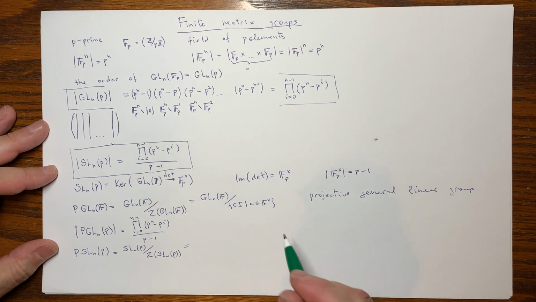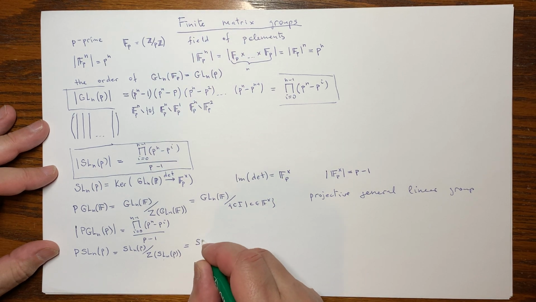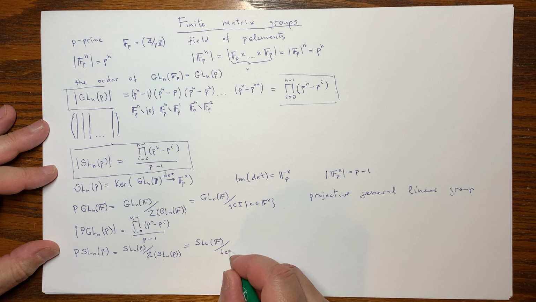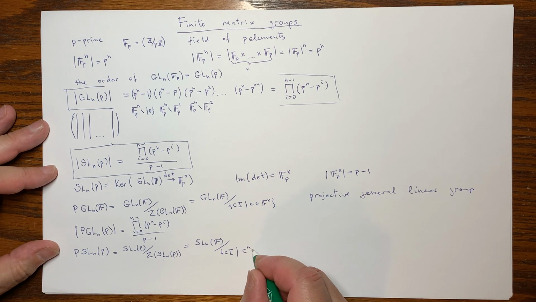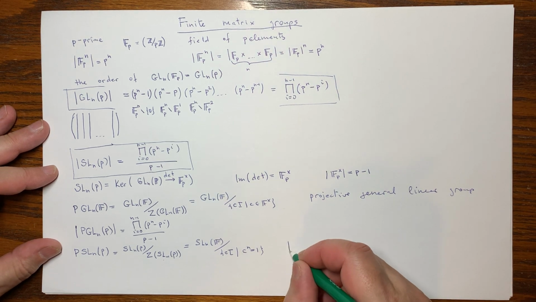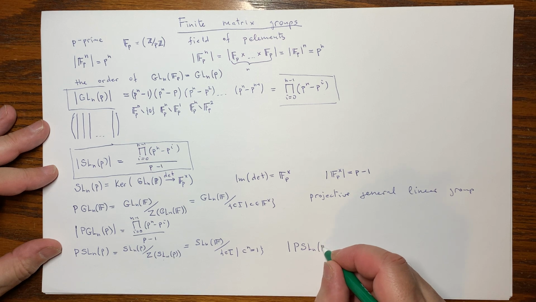And the center will be the subgroup of the special linear group consisting of scalar matrices. And the condition now is that these scalars have to be roots of degree n of 1. So the order of the projective special linear group